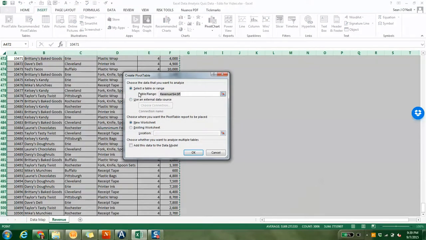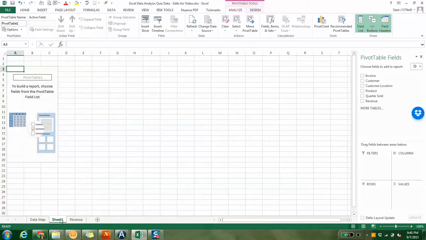And it says select a table or range. Well, we just did that, and the range is A to F, basically the whole table and all the way down. And then it asks us, choose where you want to insert the pivot table. Well, I want to insert it in a new worksheet. You could actually put it in an existing worksheet and location. So now if I went back to here and I clicked here, so in J472, look, it appears right here, and then it would actually insert a pivot table right there, but I don't want to do that, so I just want to do a new worksheet. Okay, so it comes in as sheet 1,